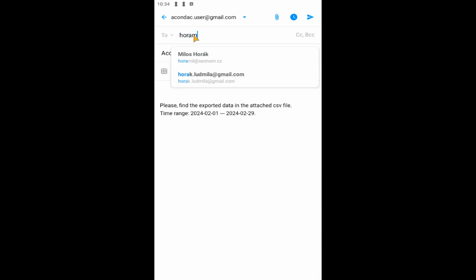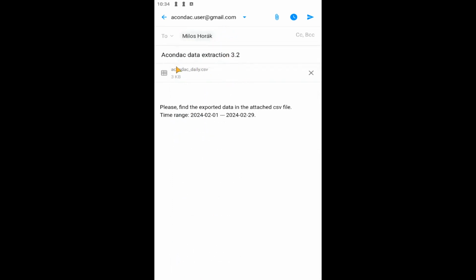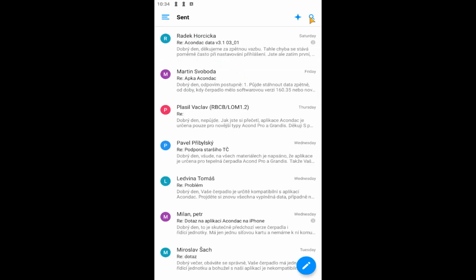This means that if you have a mail client on your phone, we can select the recipient where we'll send the data. You can even send it to a nearby device via Bluetooth or WhatsApp. So, I'll choose my email, for example. I see that the attachment in the CSV file is only 3 kilobytes, even though there are 19 data points for each day, and I'll send the file. The email is being sent through the mail client, and it will indeed be sent to the selected email address.